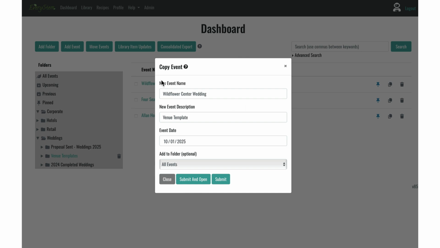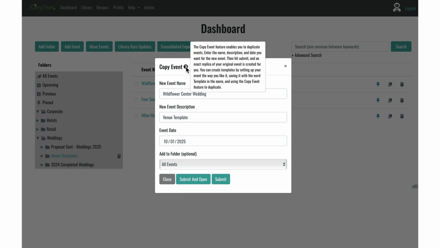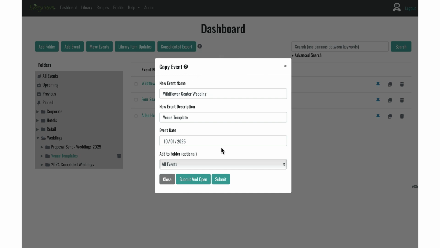So when you see this copy event modal, you can click on the question mark. It'll give you a little bit of information. All the question mark bubbles have some information for you. Basically, this is going to create an exact replica of your original event so that you can then use it for a client. Now what we can do is change the name of this to Jane and Susie's wedding, and we can change this from venue template. We're going to put Wildflower Center down here so we have it and can search for it, and they are doing a moody fall